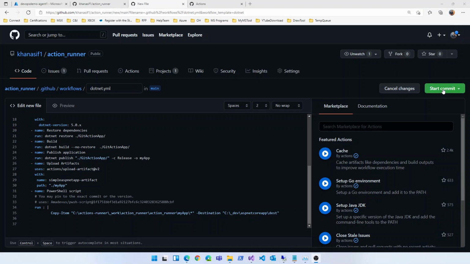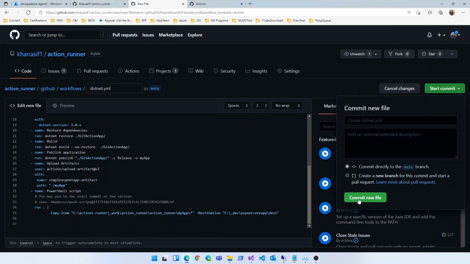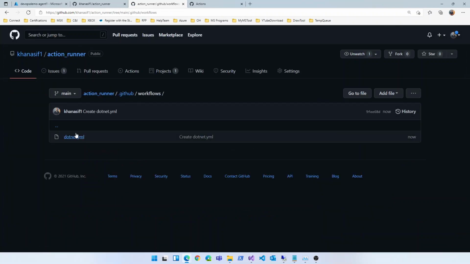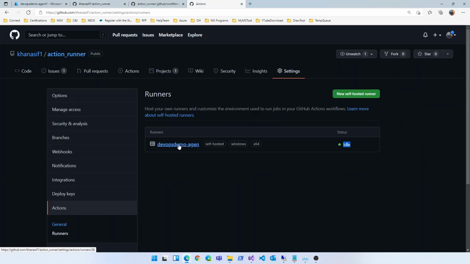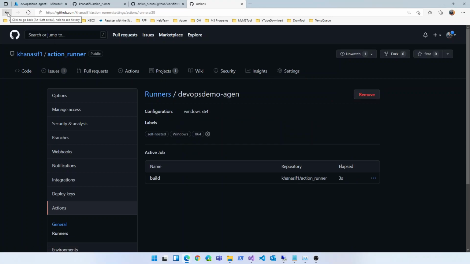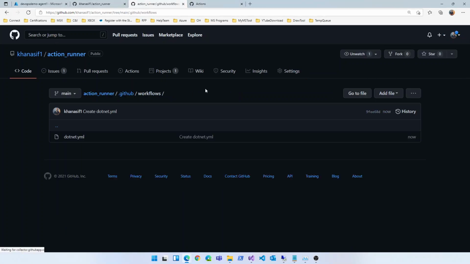What I'll do is I'll just do a check-in over here to make it simple. Technically, you should do all this from your particular selected IDE. Just for simplicity, I'm doing it over here. So once I do the commit, it has committed the code. I have it inside my GitHub workflows. And if I go into my actions, I can see the agent is still idle, but eventually it will change. And if I go into my actions now,